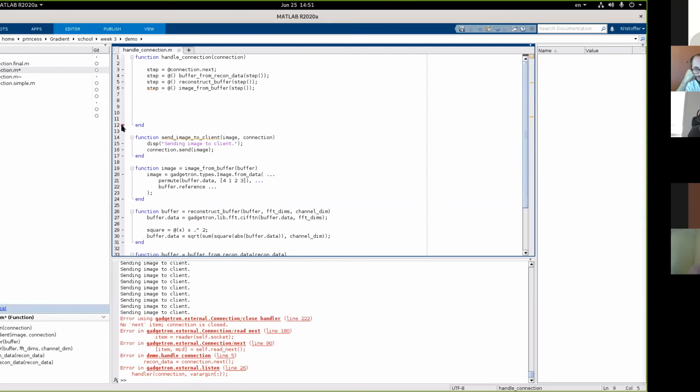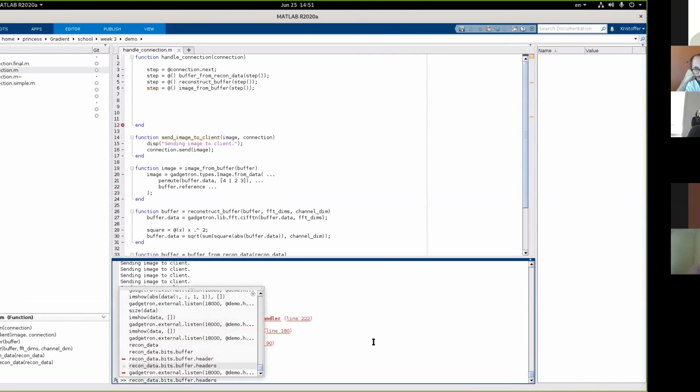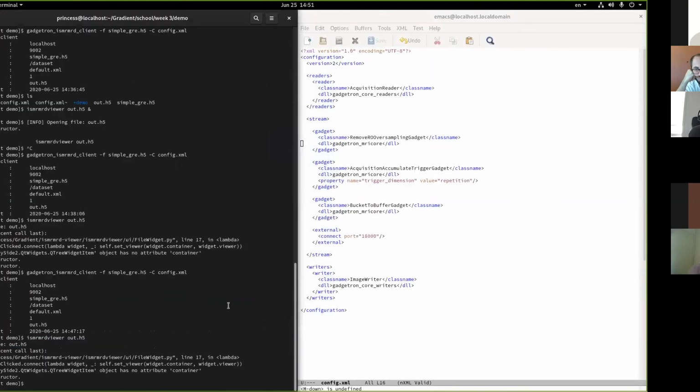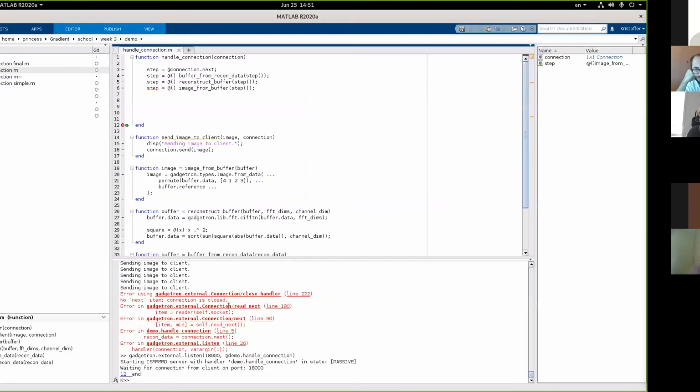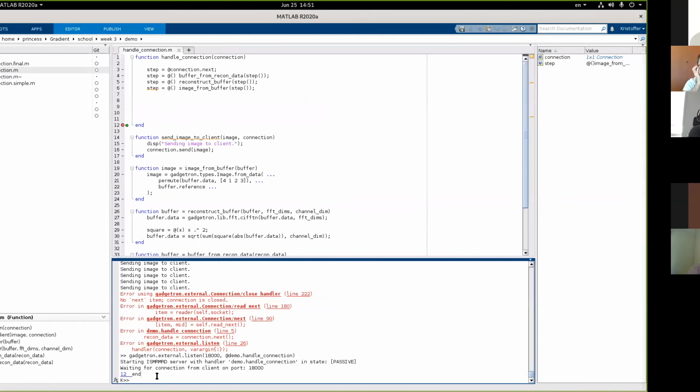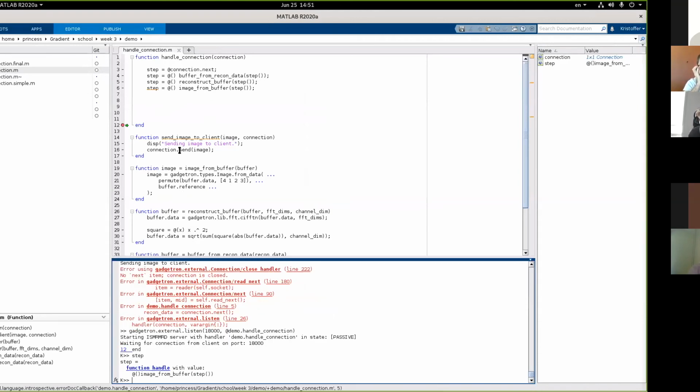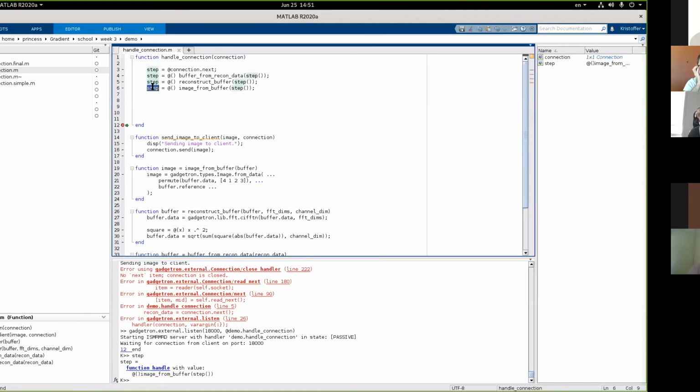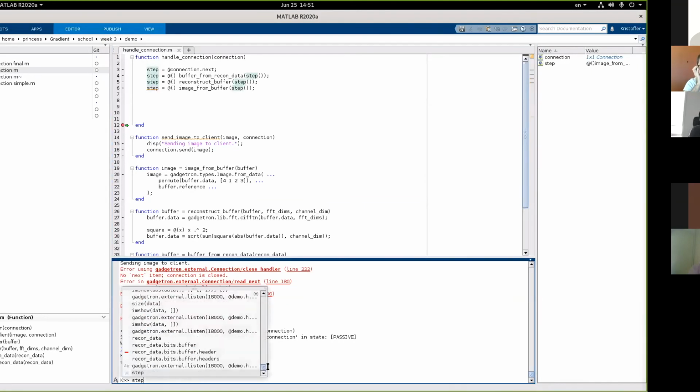I guess we can run this and have a look at how we're doing. So I'm going to start this, return to the client, and rerun. And we hit our breakpoint really, really quickly. It's important to note that nobody is actually calling next here. All this code is doing is building a chain of functions calling each other, but nobody actually calls them. However, this is our final step. If I actually call step,